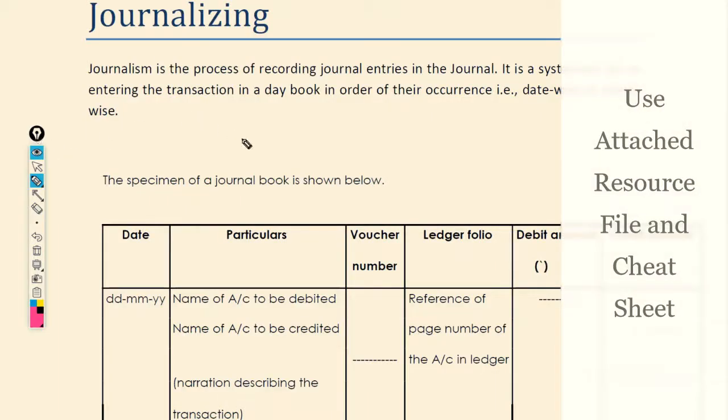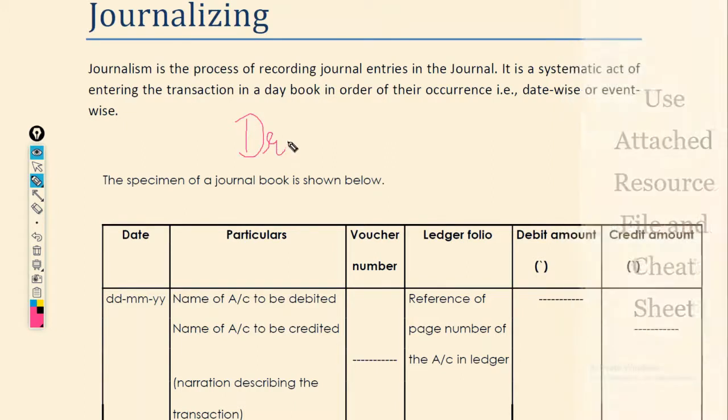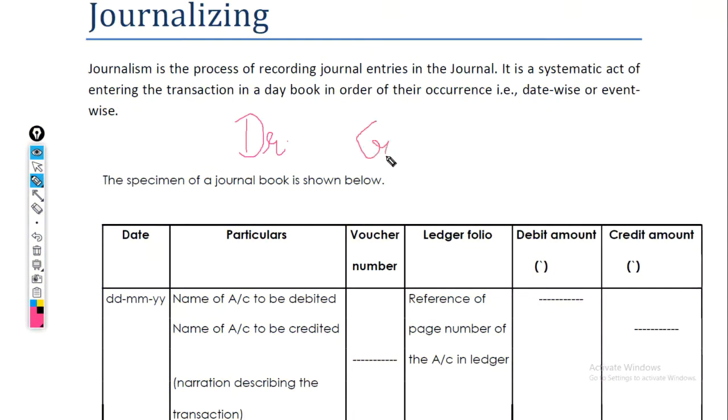Hi, so the act that we have been doing in the past lecture, that is debiting one account and crediting another account, is called the act of journalizing, and the entries that we make from a transaction are called journal entries. So in accounting there is a systematic way to put those journal entries. Here is a specific format that everyone follows worldwide to make a journal entry.